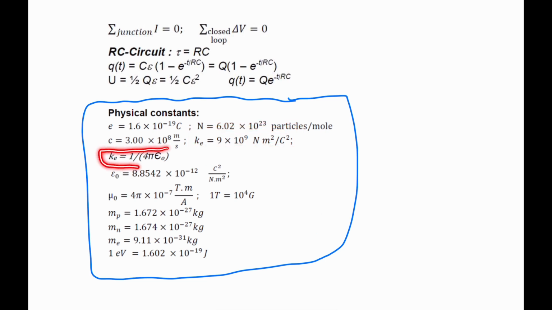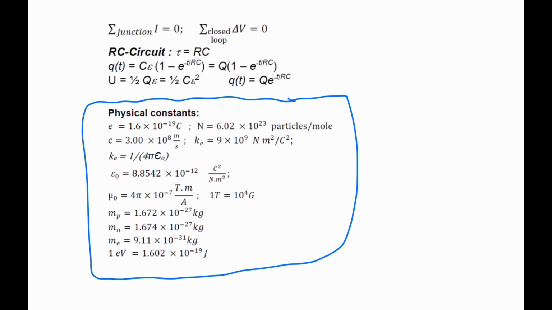So you can either use this in an equation where you want to simplify. Let's say you have these constants and you want to simplify all of them for this. You could use this equation. Or if you need to actually plug in Coulomb's constant to get a number, you have Newton meters squared per Coulomb squared here, and the actual value, 9 times 10 to the 9. And then we have